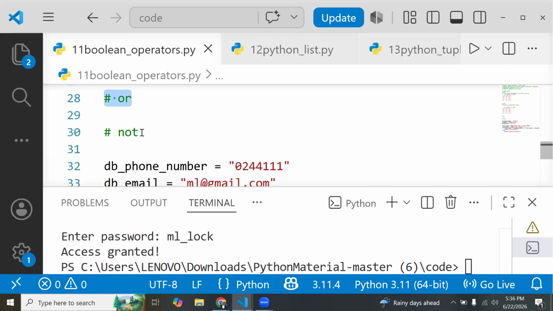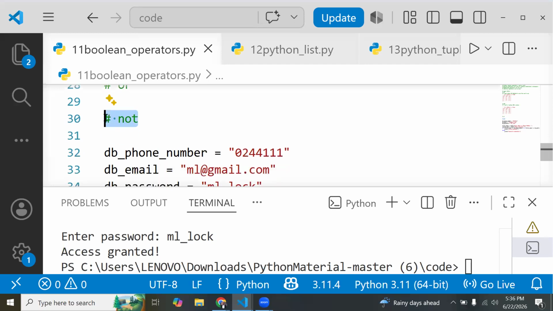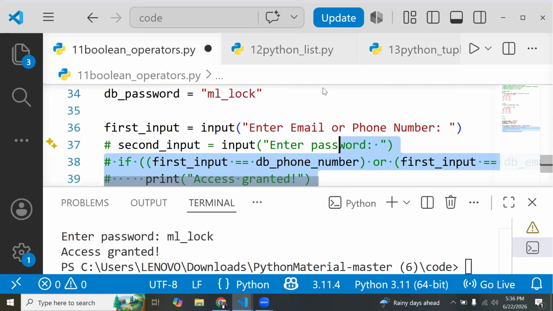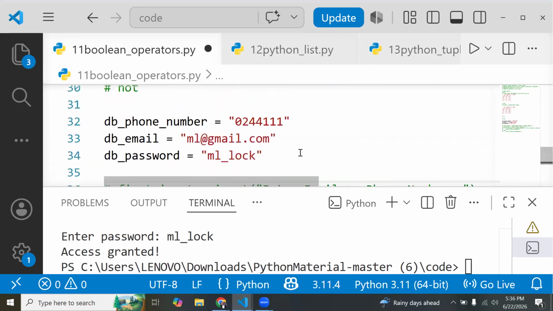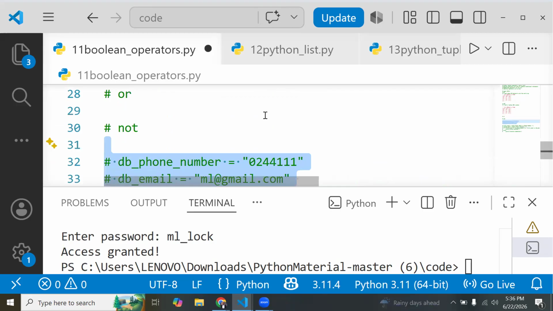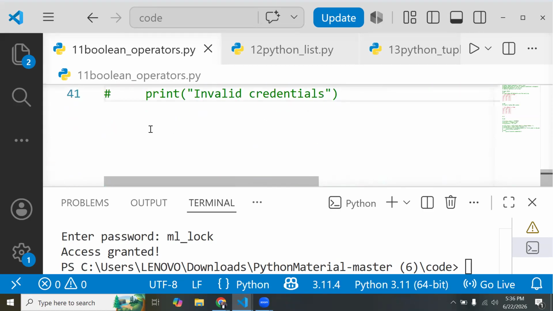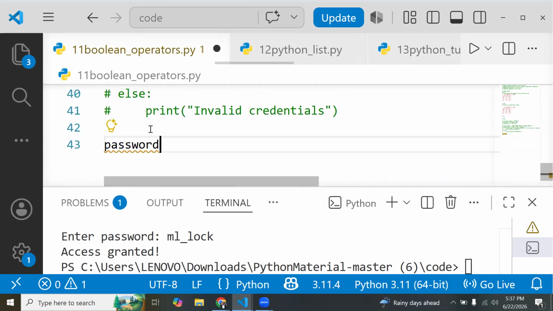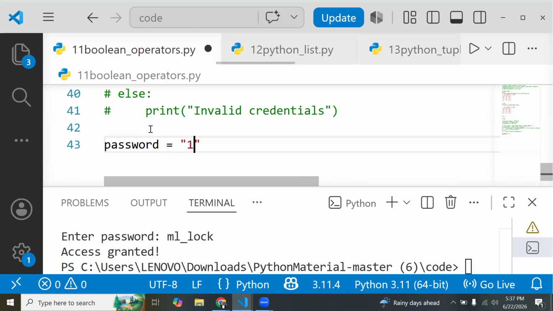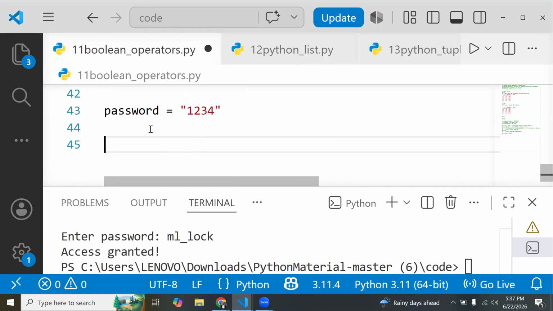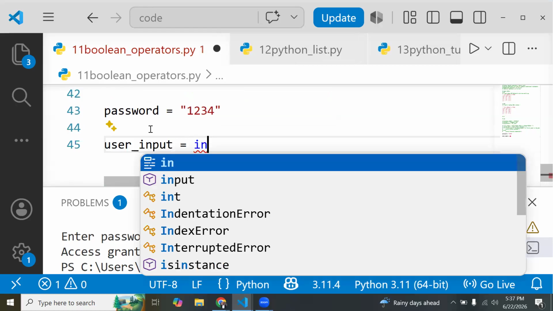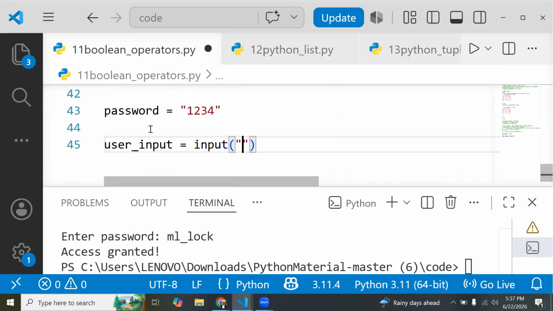the AND. Now the NOT, as you know, is the inverter, or it will negate whatever expressions that we have. So let's look at a typical example with a NOT gate. So let me comment these ones out. Comment this one as well. And this too. So with a NOT gate, let's say I have a variable called password, and password is 1234. And then let's have a variable called user input, and then let's use the input